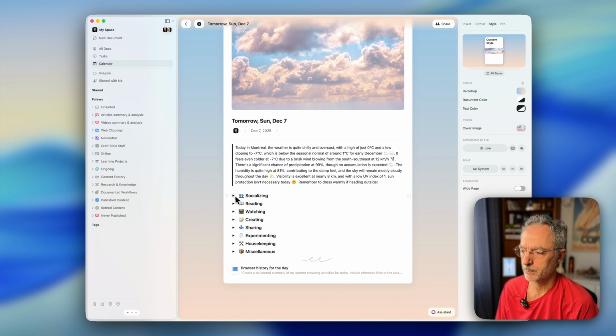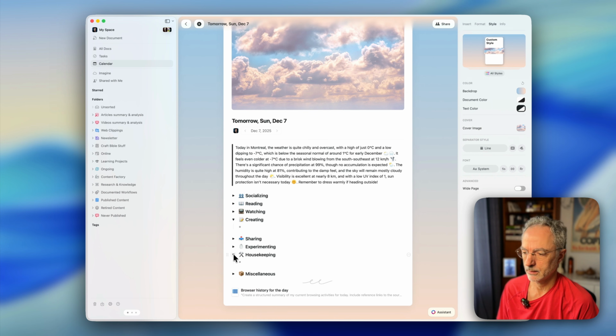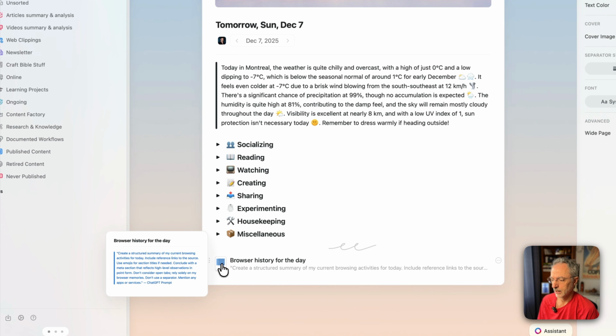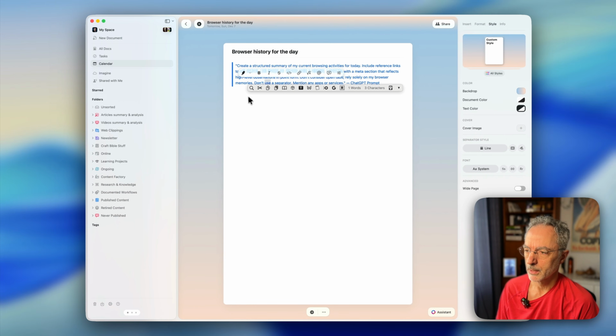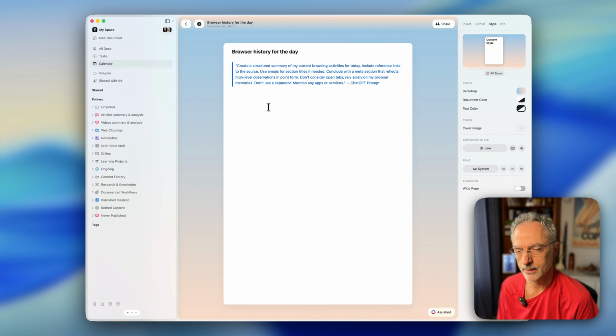And then from now on, when I'm working, I'm simply expanding one of the sections that I want to write something in, and that's pretty much it. And at the end of the day, what I'm doing is I go to this section here, I copy and paste this prompt into ChatGPT, and I ask ChatGPT to create my browser summary for the day, because I'm browsing the web and I want to keep track of which websites I went to, and maybe summarize what the themes covered by my browser activities were for that day. So that's where I'll put it.